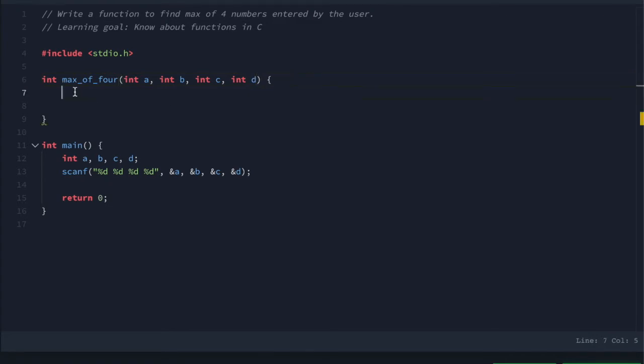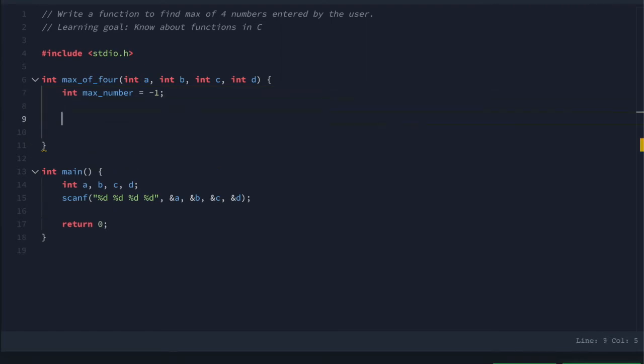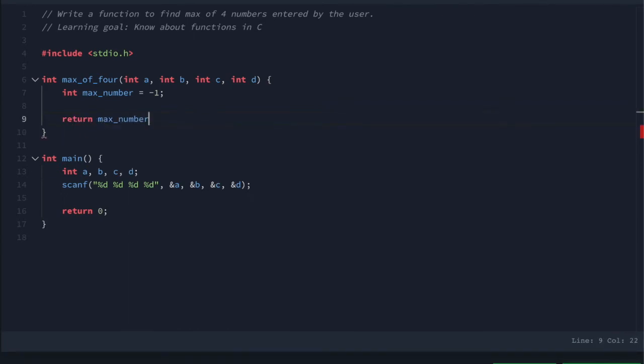Because we need to find a maximum number, I will define a max number here, which will contain the maximum of these 4 different integers, and let me initialize it to -12 so that the compiler knows this is the minimum possible number from the perspective of this program. So let's start writing the core part, and before writing it, let's add a final touch to this method, which is return. We will return the max number here, because that is our intention.